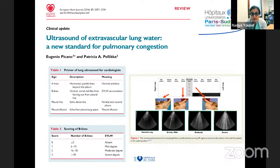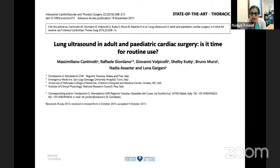It's interesting because we can evaluate cardiac function on echo and we can see how good it is. But the tolerance of this good or bad, necessarily bad, cardiac function is quite individual, isn't it? Being able to use lung ultrasound to assess for signs of lung edema, in addition to assessing cardiac function, seems to be very valuable. And it has been used and is more and more being used, I think, in cardiac